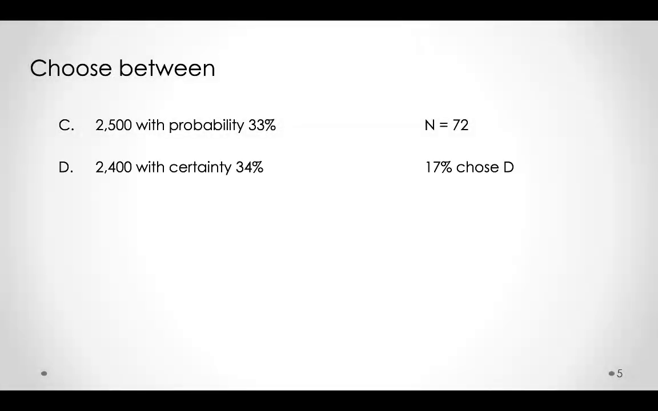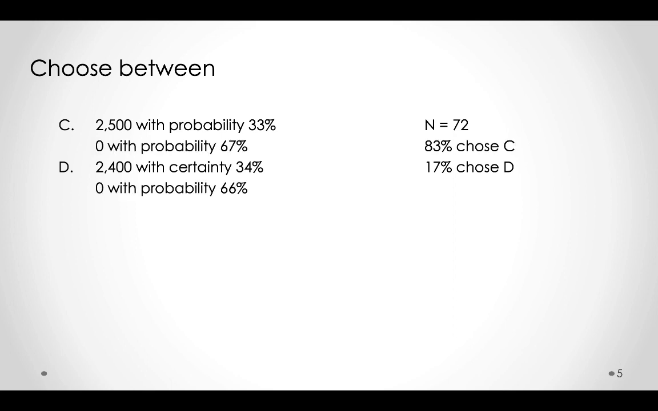How about this, right? If you have a choice between 2,500 with probability 33% and 2,400 with certainty 34%, okay, this is the complete problem. 83% chose C and 17% chose D. So what is going on in this? Why are we not calculating properly based on the expected utility